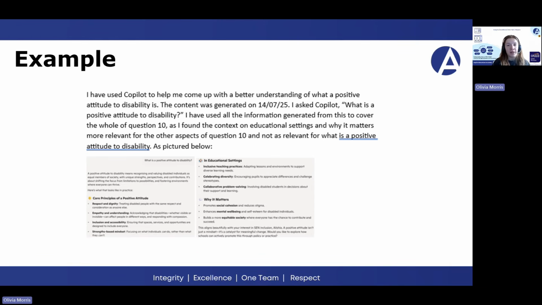This slide shows an example of how to reference AI use properly. You can use this as a guide when completing your own personal statements and referencing AI tools within your work. This example is also in the AI policy. As you can see here, the learner has provided their prompts. They have used screenshots. And then at the top, they have provided their personal statement, which tells me what program they used or what AI tool they used. It tells me the date, what they put in there, why they used it, and how it has helped them.